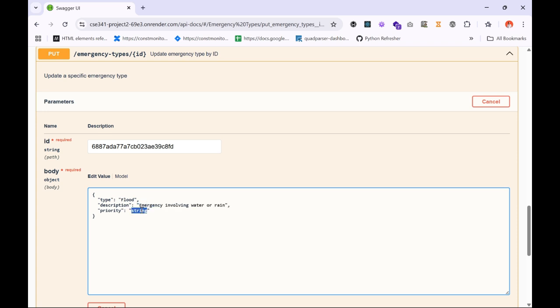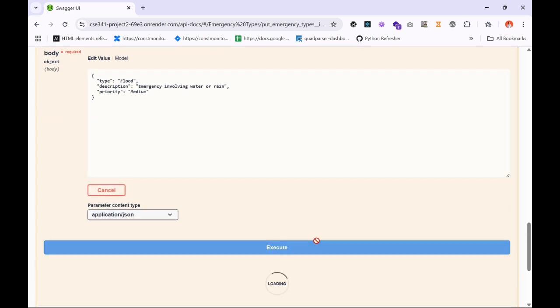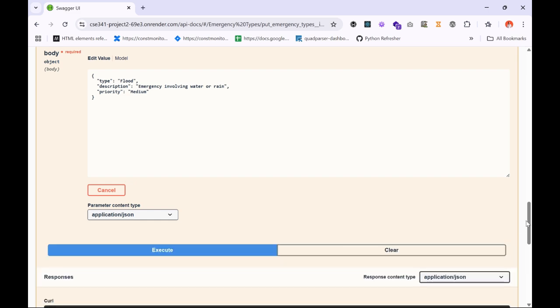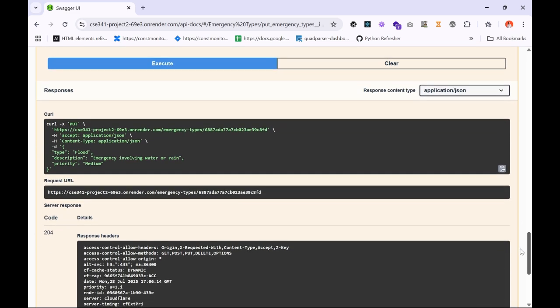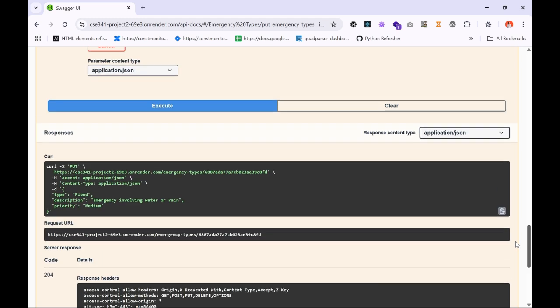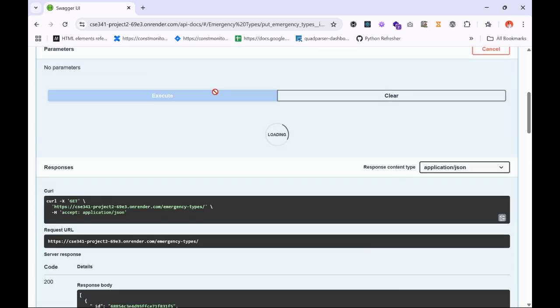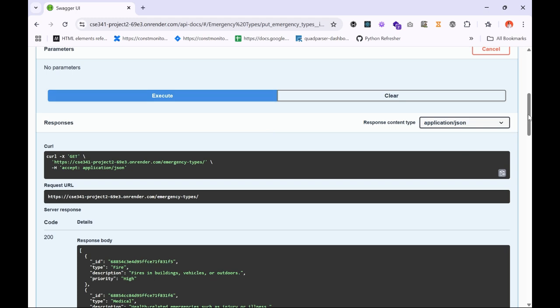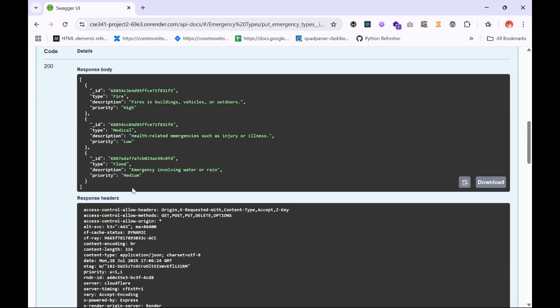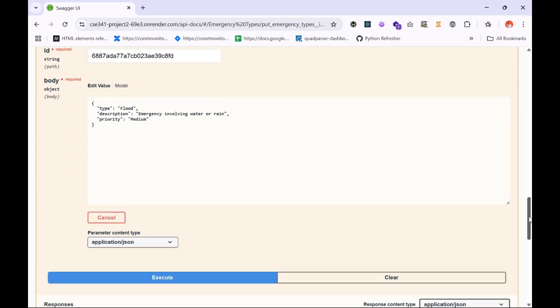Then say I want to change the priority to medium. So once I execute, it returns a 204 code showing that the type is updated. We can verify that by running get list again, and we should see flat updated to medium priority. Yeah, there we go. So it confirms that